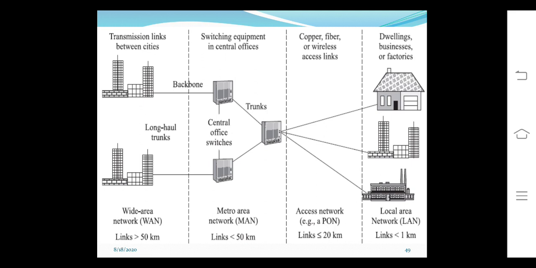So a local area network is where small buildings, a number of homes or buildings in a particular area, will be connected, and the distance is less than 1 kilometer. A number of LANs will be connected to the switches through links, and more than this will be connected to a metropolitan area network. Many switches will be connected through long distance trunks, and all these will be connected to a wide area network. This wide area network will be connected between any number of cities, and a number of cities cumulatively.